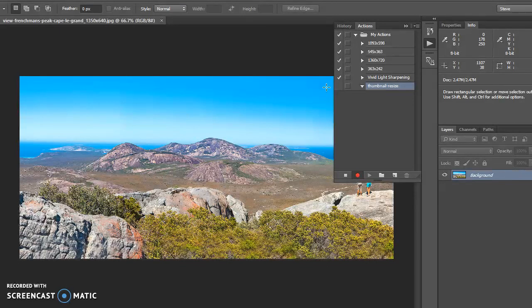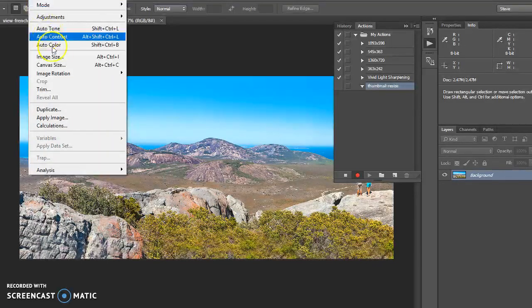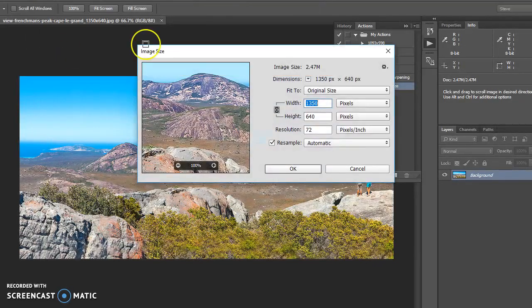So 346 by 160. So let's firstly go into image size. Now there's going to be two image sizes, isn't there? It's going to be 1350 by 640, and then there's going to be the Scenic Gem. No, they're all the same now. They're all the same dimension, so that's great. So 1350 by 640, we need to constrain it to start off with, and we'll make it